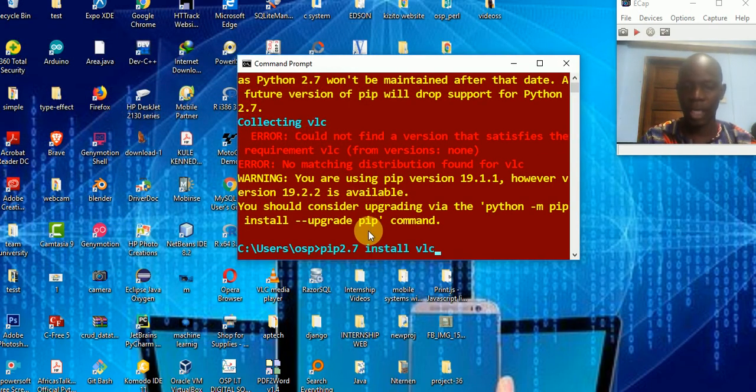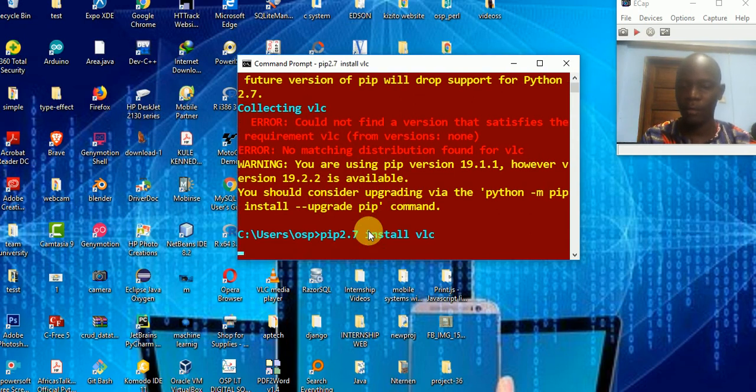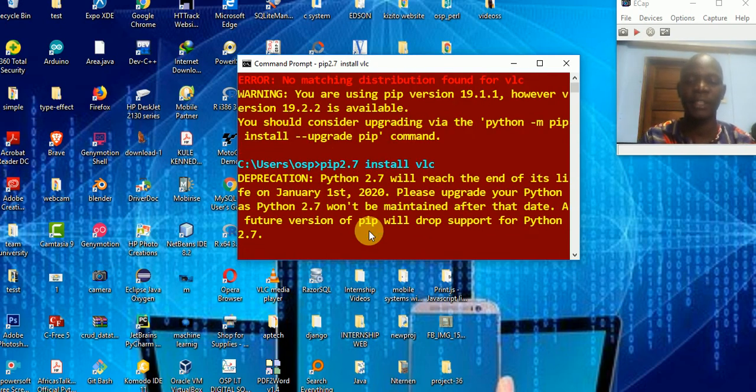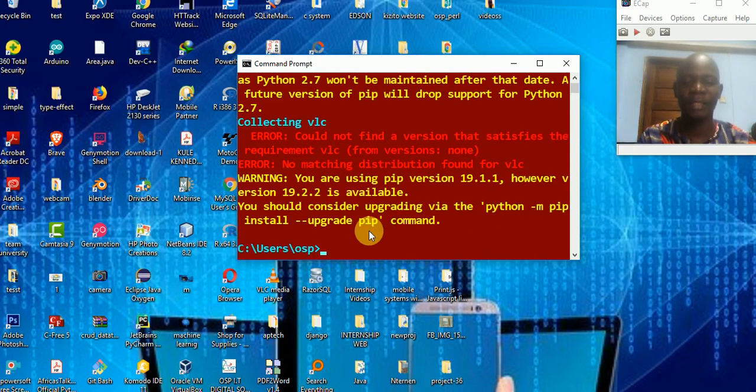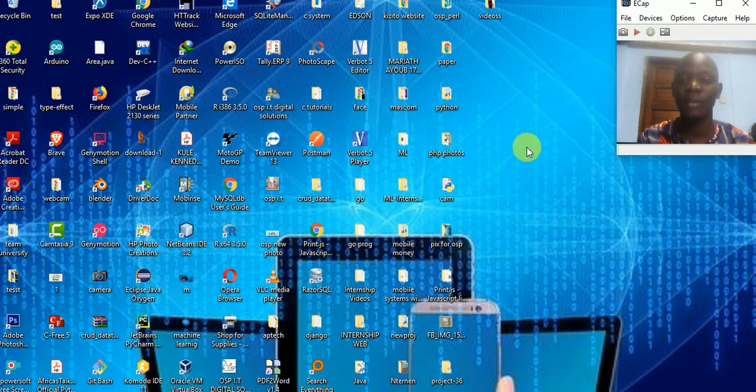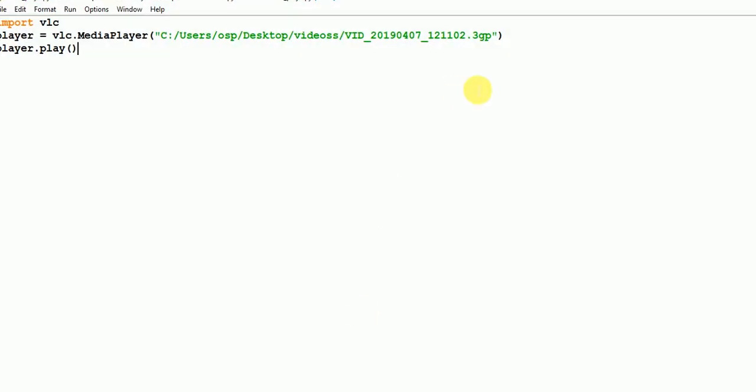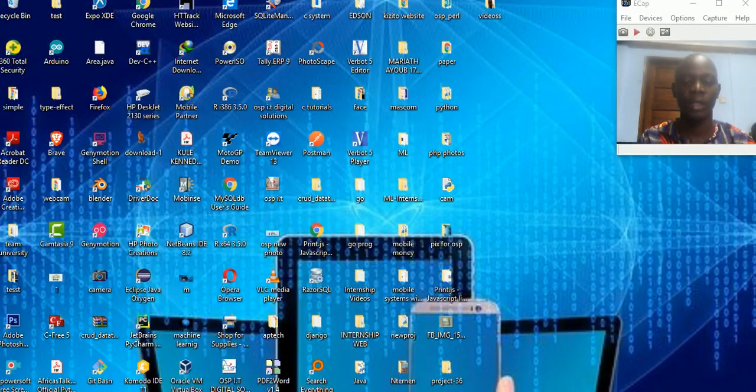I don't know why it's not allowing it to install VLC. If it is refusing, don't worry. I think my machine already has one installed. I think my internet connection is kind of down. Let me assume we have this already installed. To show that you installed this, let me just close this file, I don't need it, and check.